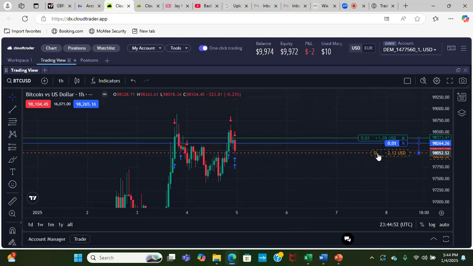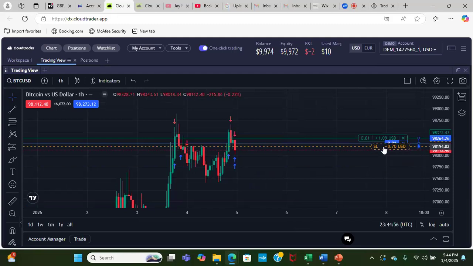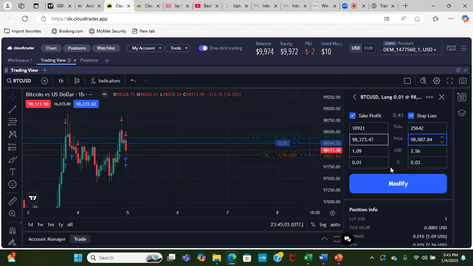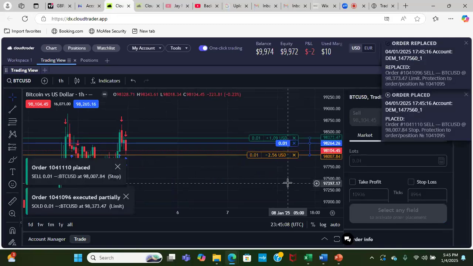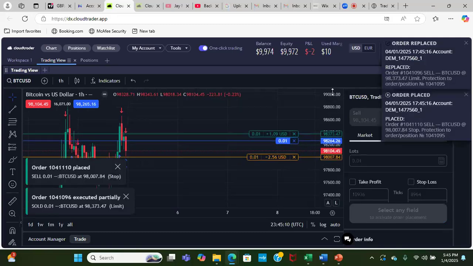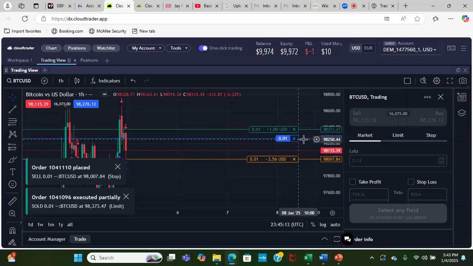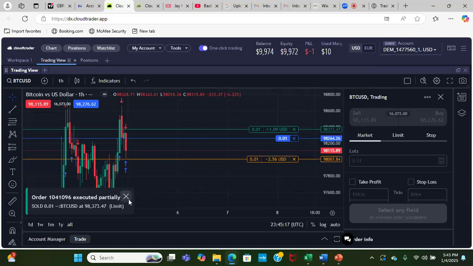Not sure why my stop loss is not coming on, but you always want to make sure you see your stop loss and your take profit visible, right? So let's say my stop loss was not visible. I can move it, and again, make sure that my numbers for whatever he called was correct and press modify. Okay. So you want to always make sure you have your entry, your stop loss, and your take profit, and that they're all visible. Okay.